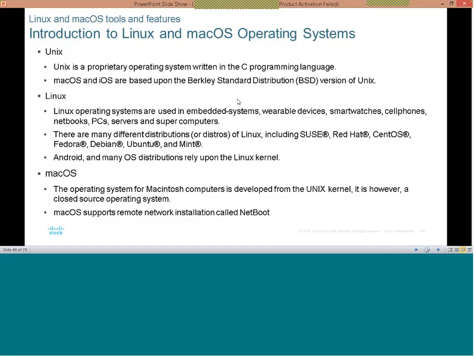What is Unix? Unix is a proprietary operating system written in the C programming language. Okay, and the Mac OS and the iOS are based upon the Berkeley Standard Distribution version of Unix. Okay, so when it comes to Linux, operating systems are used in embedded systems like your wearable devices, smartwatches, cell phones, your netbook, PC servers, and supercomputers. They all have Linux embedded in them